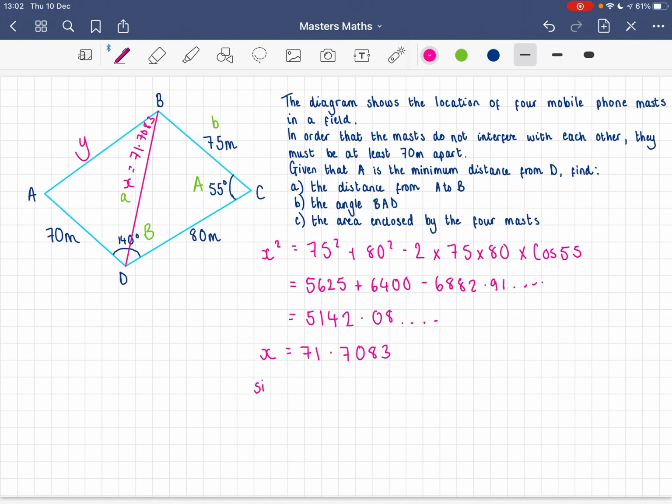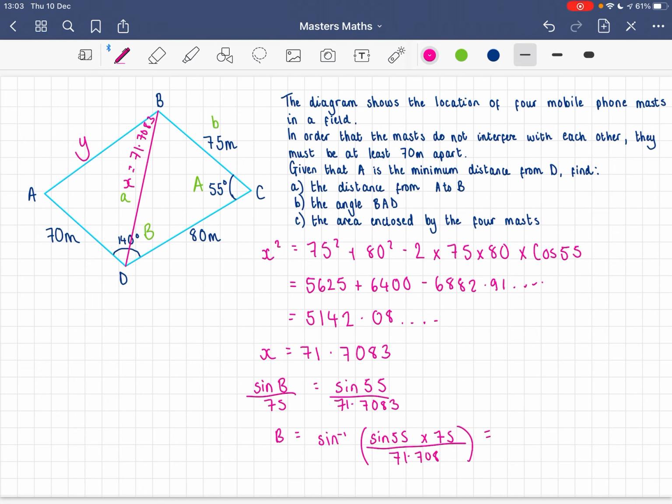I am going to do sin B over 75 is equal to sin 55 over 71.7083, still leaving those decimal places in there. So that means B is equal to sin minus 1. I'm doing that all in one step. I'm multiplying the 75 over, and I am doing the inverse of sin. So the sin minus 1, sin 55 times by 75 over